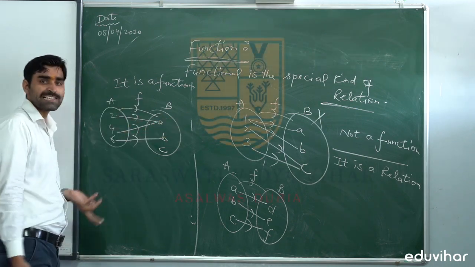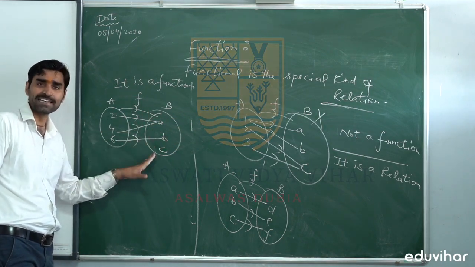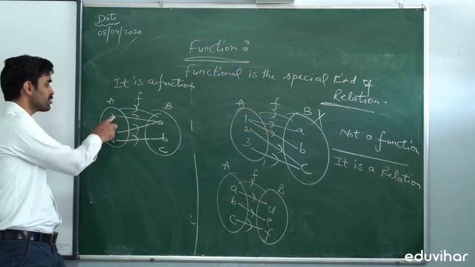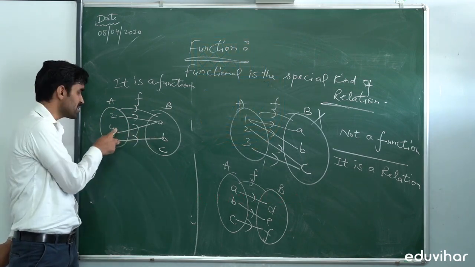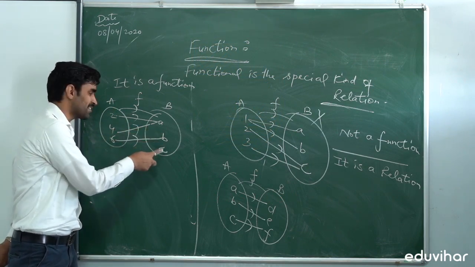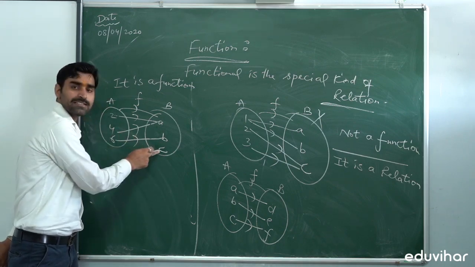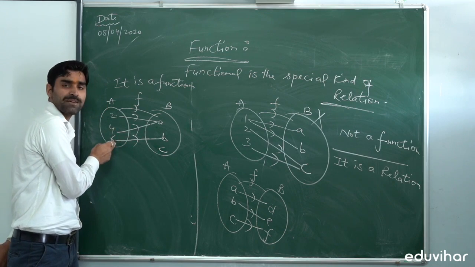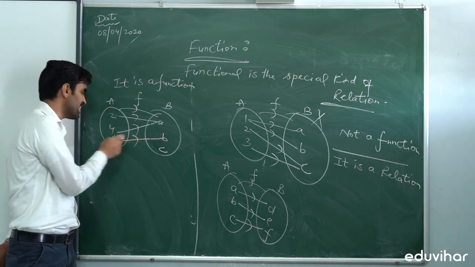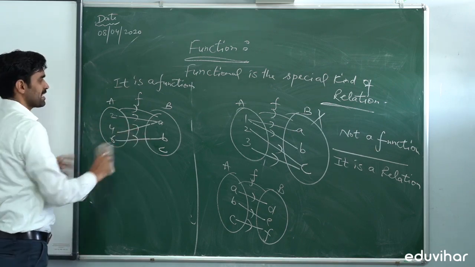Okay. Now it is also possible that we have some elements in the second set that do not have any pre-image. You can say image of 2 is A, image of 4 is also A, image of 6 is B, but the element C does not have any image. Element C does not have any pre-image, you can say. Image of 6 is B, or you can say pre-image of B is 6. This is a similar case.